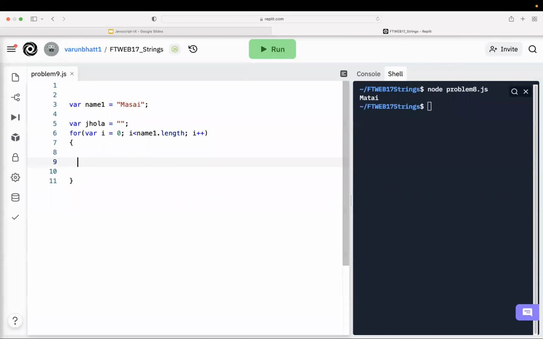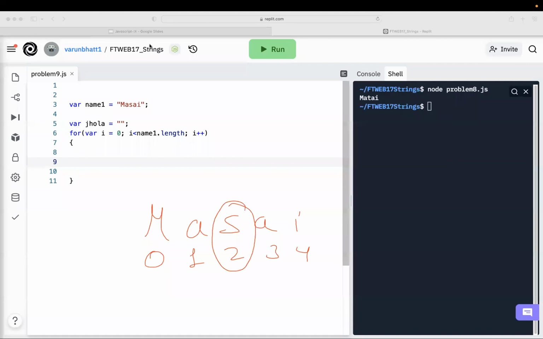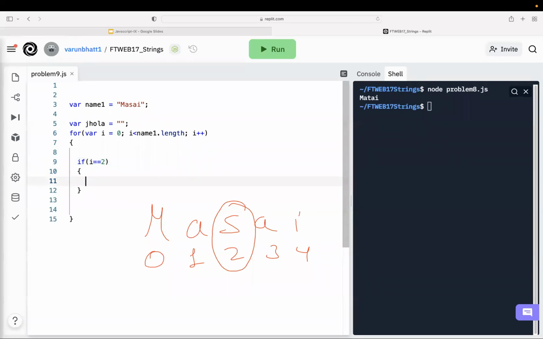Now tell me one thing, when I'm talking about Masai, what is the position of S? So the position of S is 2. So in that case, I will write one condition here: if my I equal to 2, in that case, in my jhola, please add,